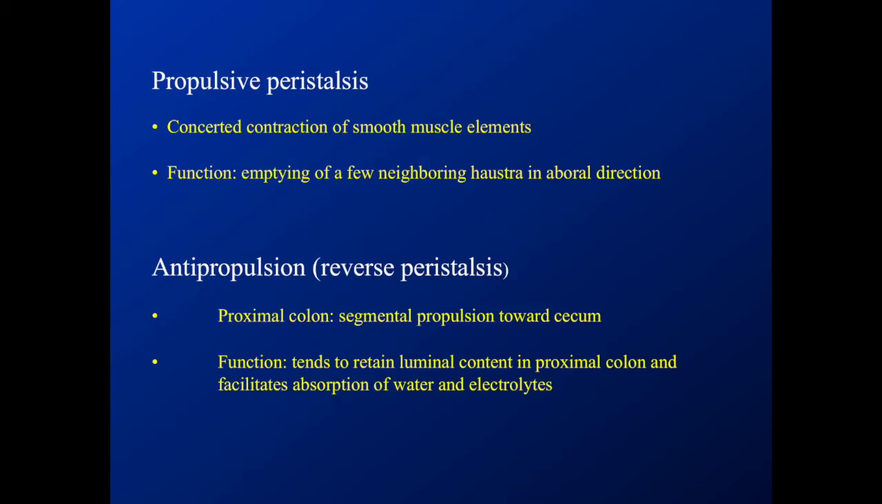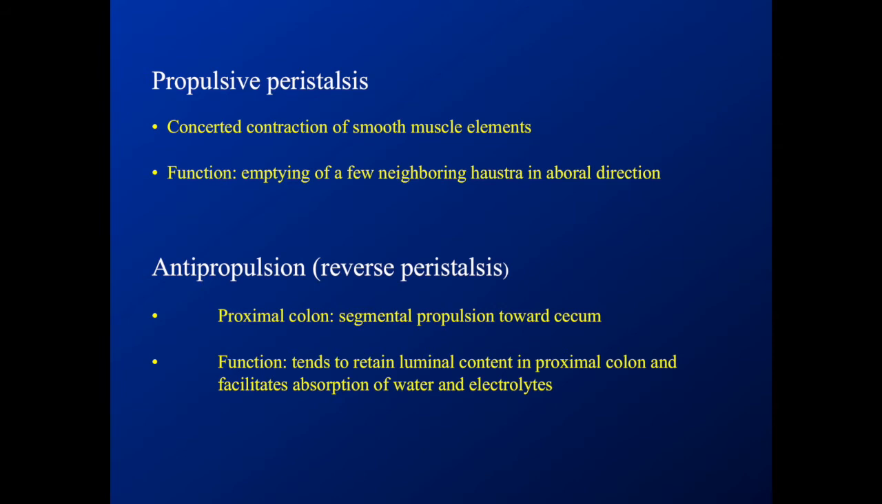The propulsive peristalsis is a concerted contraction of smooth muscle elements, and this empties one haustra into the next one in an aboral direction. This is the contraction proximal to the stool, and then relaxation distal, that's peristalsis. The anti-propulsion happens in the proximal colon mainly, and this just pushes the stool back towards the cecum,